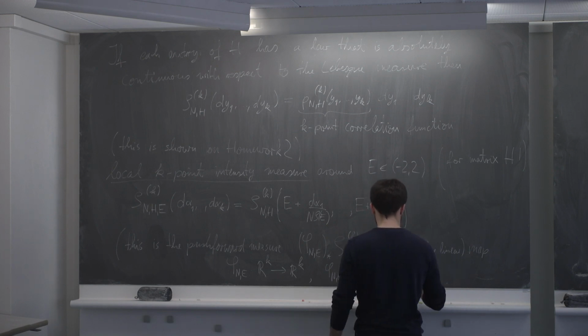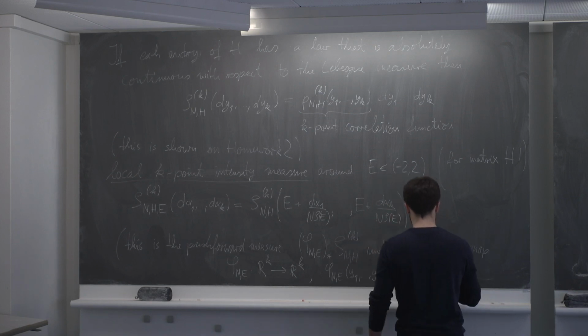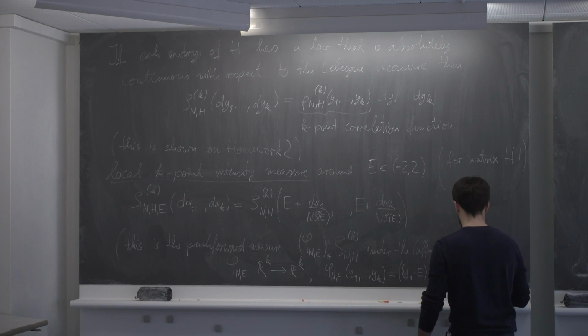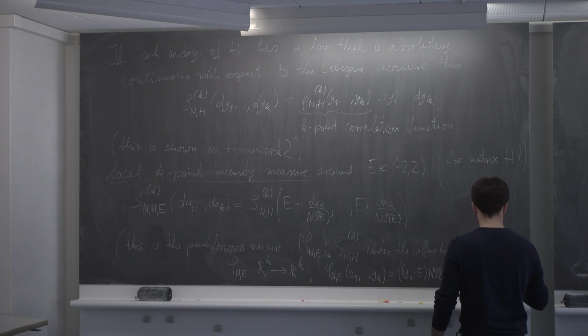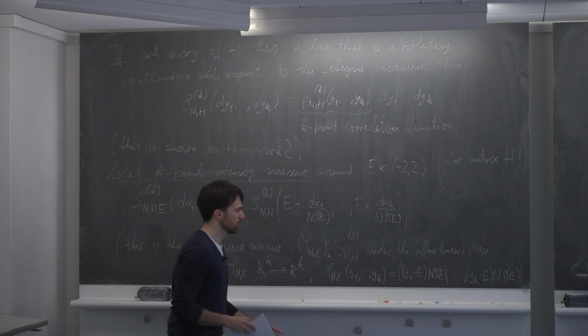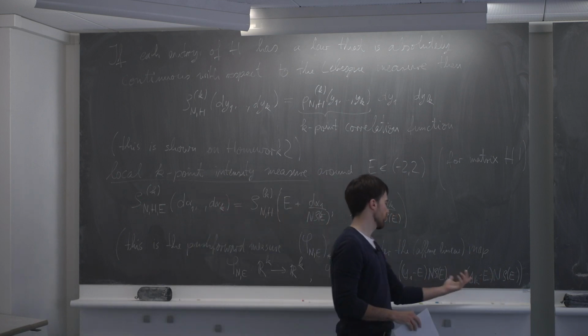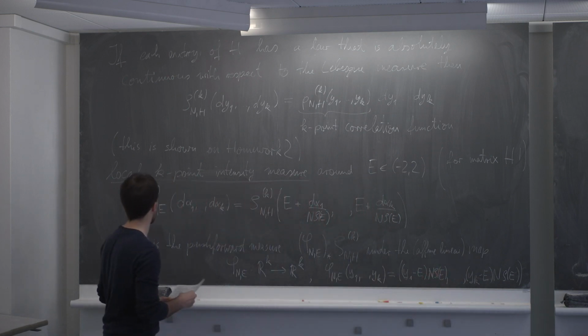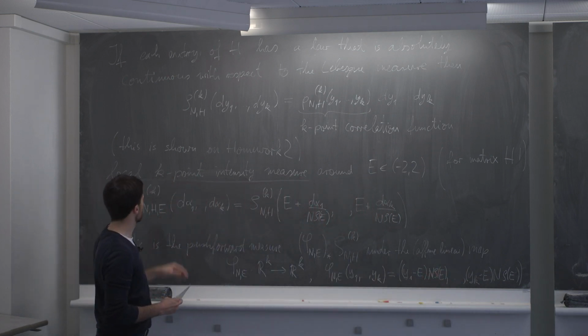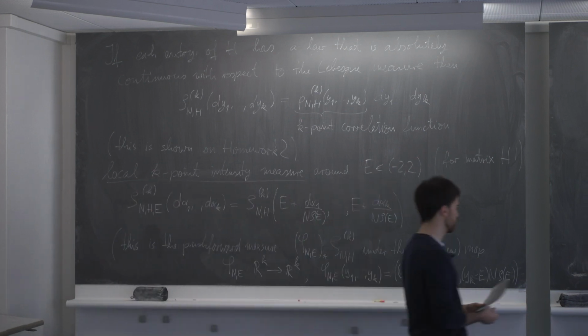It's y1 minus E, so I center it at E, and then I multiply with n rho of E, and then I do the same for yk: yk minus E times n rho of E. So this shifts everything to E and then rescales it in such a way that I'm on the local eigenvalue scale. Okay, and now with the definition of this k-point correlation function, I can finally state this